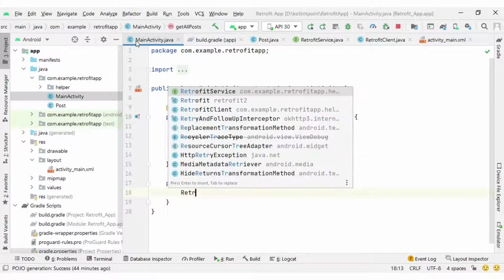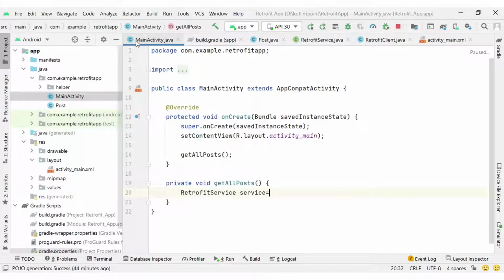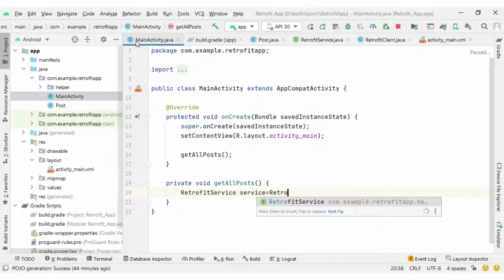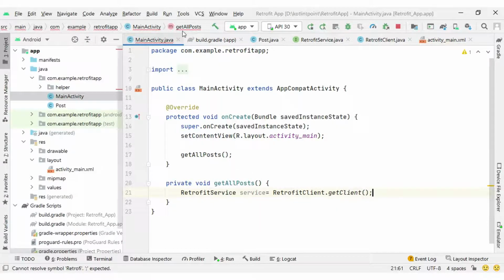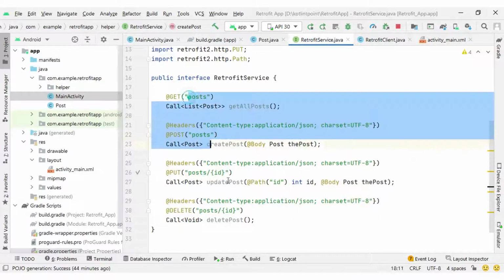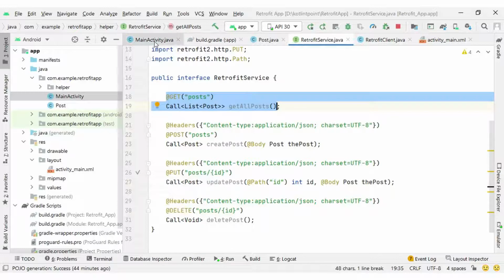So here I'm going to create RetrofitService equals RetrofitClient.getClient. So this is the static method we have created, and it will return the service instance. And once the service instance is ready we can call any of these methods. So first we are going to call this getAllPost method.